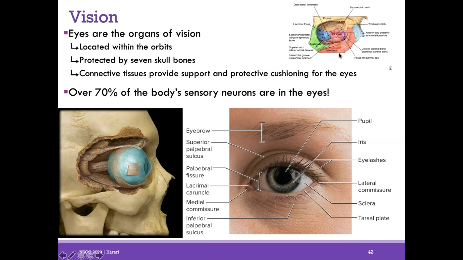And in addition to the bone protecting the eye, we have connective tissue that provides support and protective cushioning for the eyeball. And the eye contains more than 70% of the body's sensory neurons. So of all of our sensory perceptive neurons, they're mostly located in the eyes. And the eye, our vision, is supposed to be our principal sense, our most refined sense as humans, is our